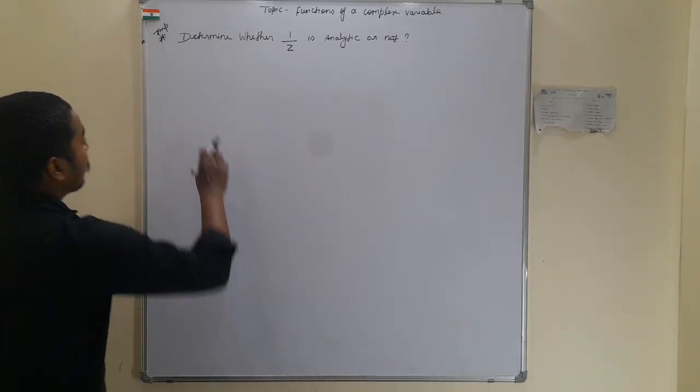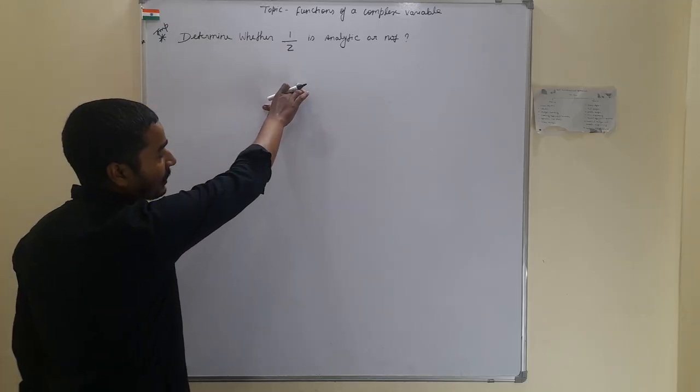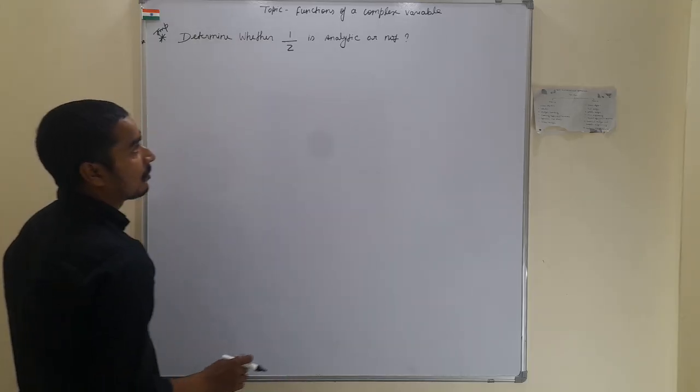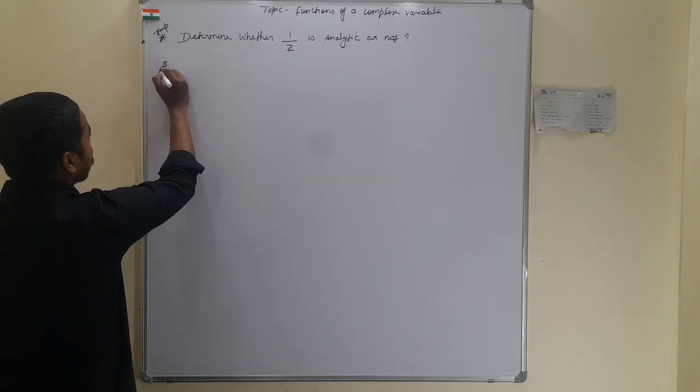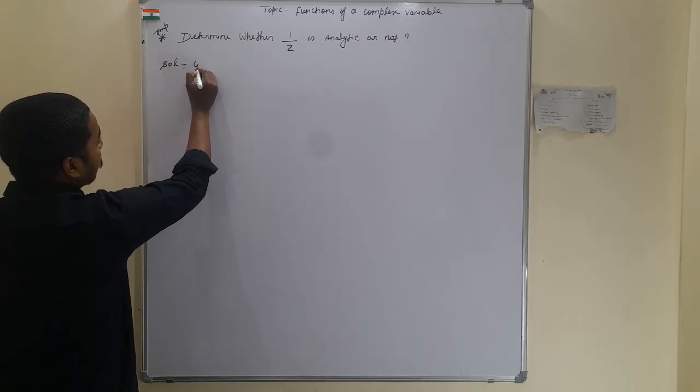The question is given here. Determine whether 1 upon z is an analytic function or not. Let's solve the problem here. The given function is